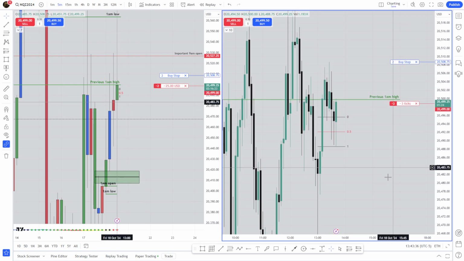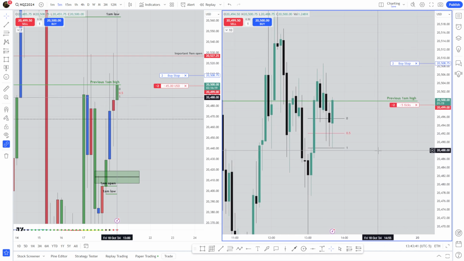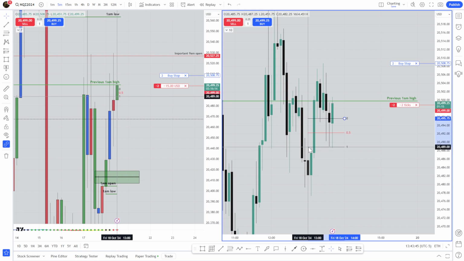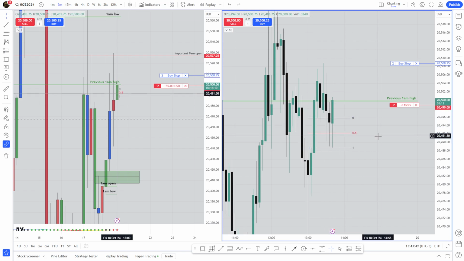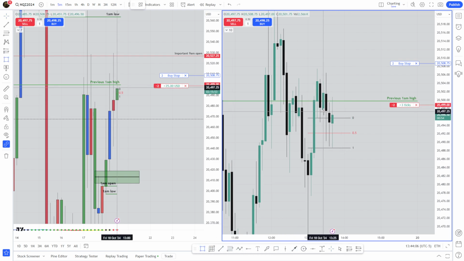Okay, candle bodies. Respecting 50%. Okay, we do have a little imbalance right here. We do have this gap right here. Price will do this too, to where it'll gap, and that allows it to have to come back